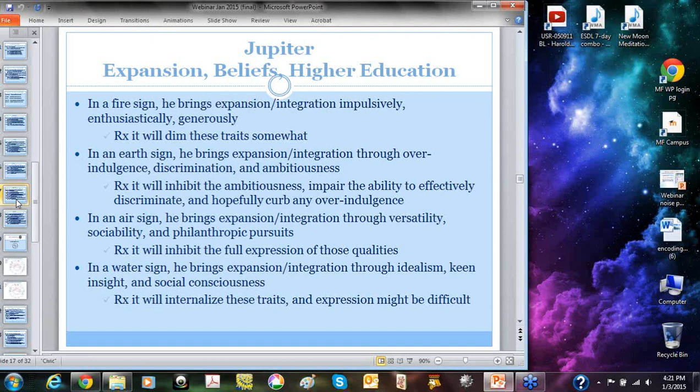Individuals with Jupiter retrograde in their charts will seek growth and expansion and higher education differently than individuals who have Jupiter direct. They may find themselves planning and then replanning instead of actually getting out and doing. Or they internalize it and seek inner wisdom or spiritual self-help studies instead of a formal education.